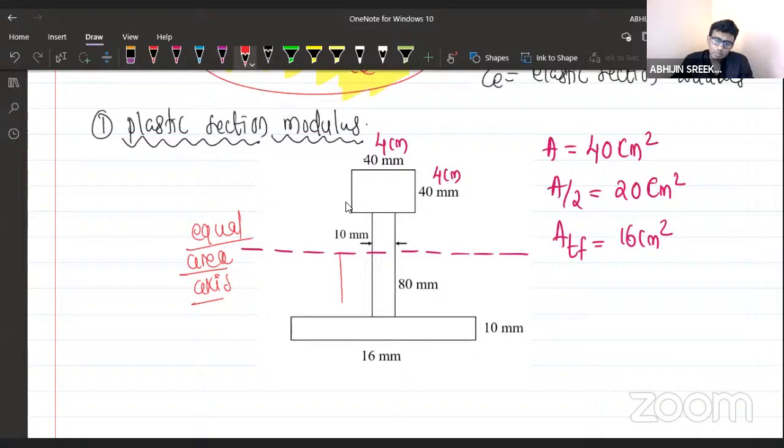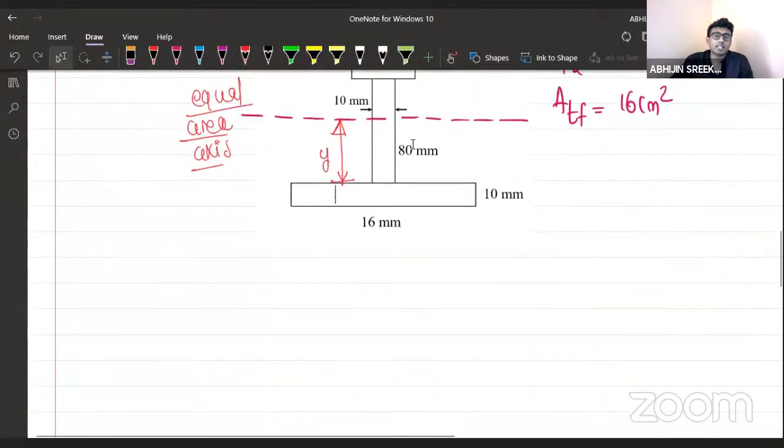What I'm going to do is assume that this equal area axis is at a distance y from the top of the flange, top of the bottom flange. Let us locate the location. Let's find the location of the equal area axis from the bottom. How to do that? We know that this area here,